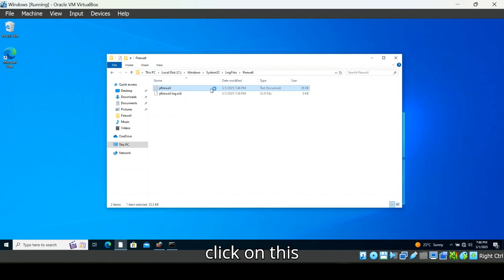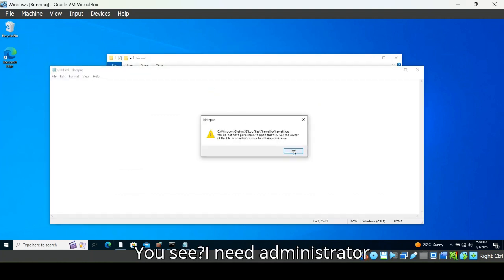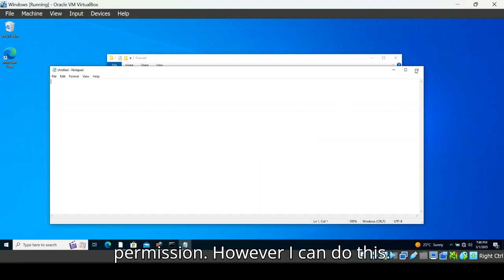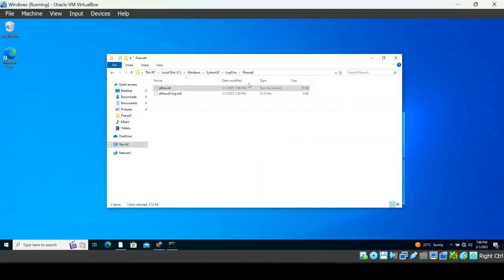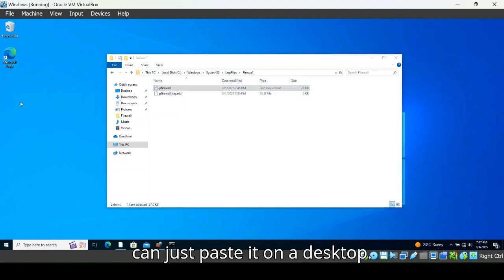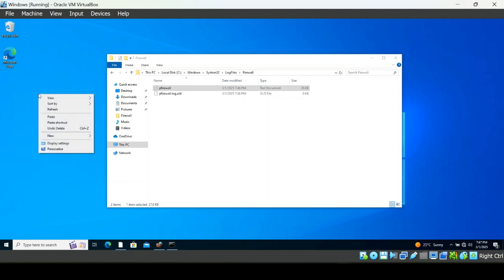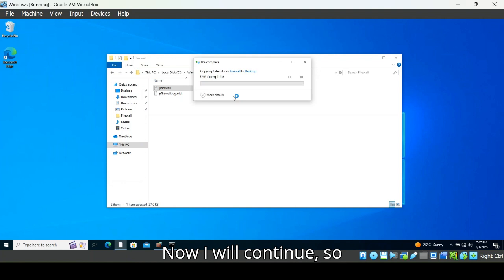So if I double click on this, you guys will see that I cannot access it. You see? I need administrator permission. However, I can do this. I can copy the file and I can just paste it on the desktop. Now I will continue, so I'm giving it administrator permission by clicking continue. And now that the file is copied,